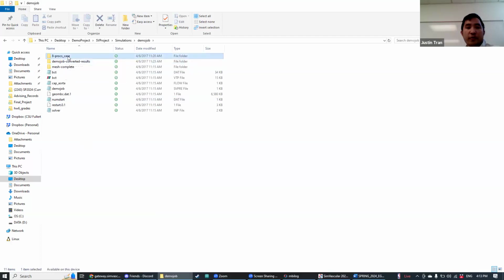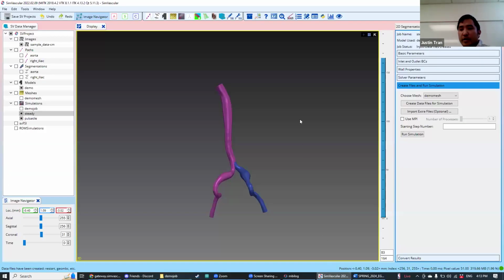Okay, so after you unzip the folder, you can see here that this simulation I ran on 8 processors. You can see I have a folder called 8procs case. We now need to feed this folder to Simvascor in order for it to convert our results. So if you come back to Simvascor here,